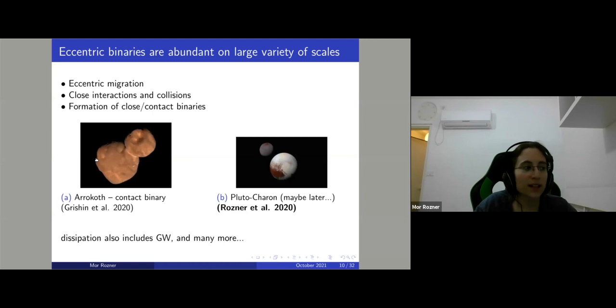So why are eccentric binaries so interesting? They are very abundant, and there is a large variety of scales. For example, they play a role in eccentric migration, and this is why I showed you and discussed it. We have close interactions and collisions and formation of close or contact binaries, and now we'll take a side step actually